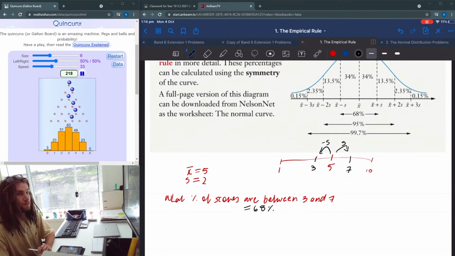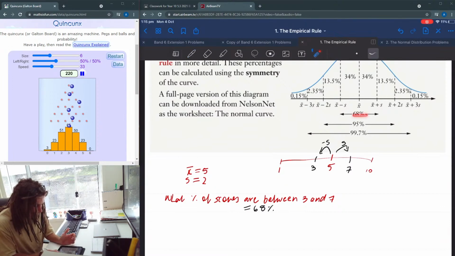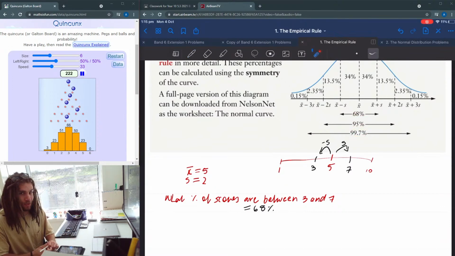That's called the empirical rule. Actually, before I end that, it used to be called the 68, 95, 99.7 rule. I wonder why it was called that. But now it's called